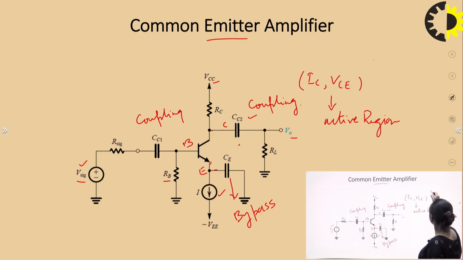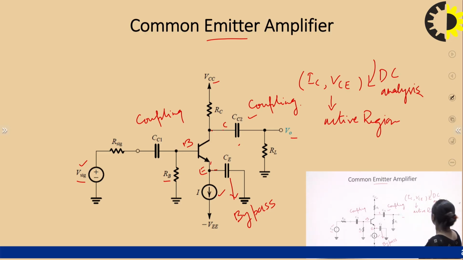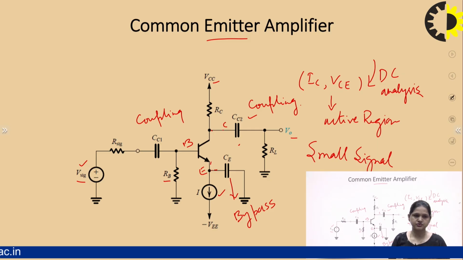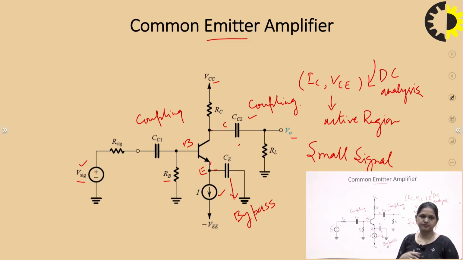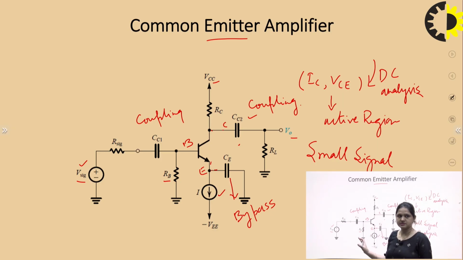So this is basically the DC analysis part. By doing the DC analysis, we have now fixed the operating point through this I and RB. Now we are moving to the AC analysis, or small signal analysis. For the amplifier, we are now focusing on small signal analysis. For small signal analysis, the first step is to see how the DC voltage and current sources will behave at AC. So we have to draw the AC equivalent circuit.